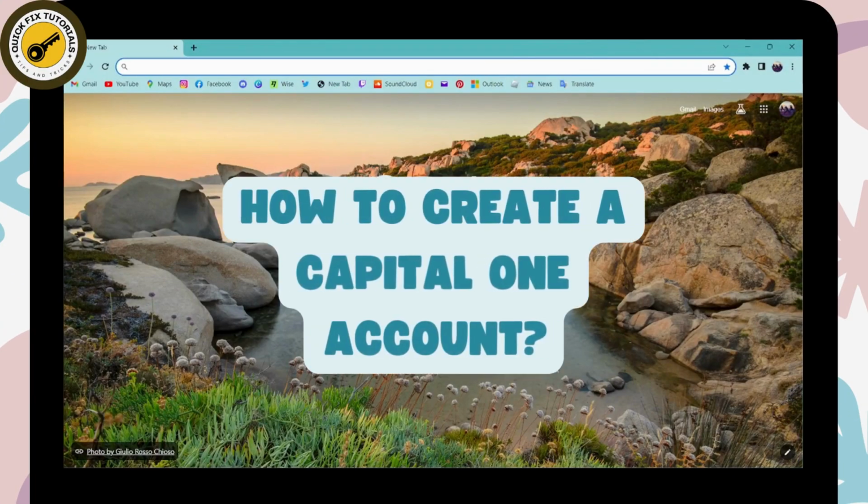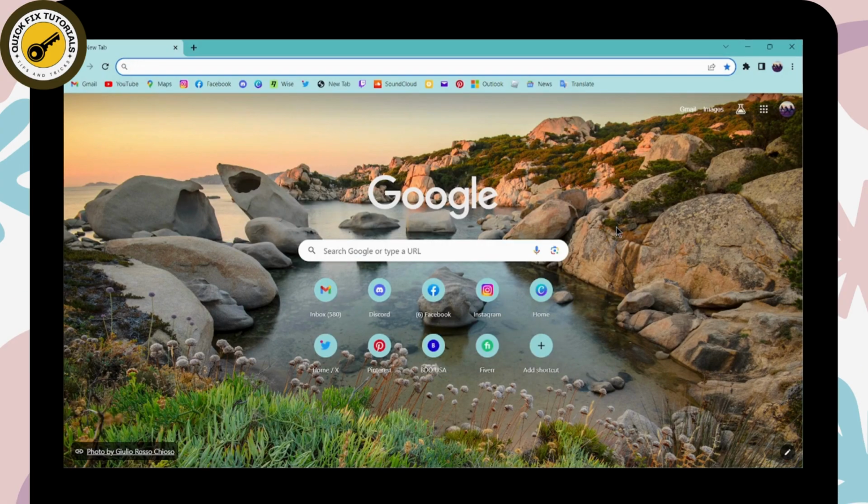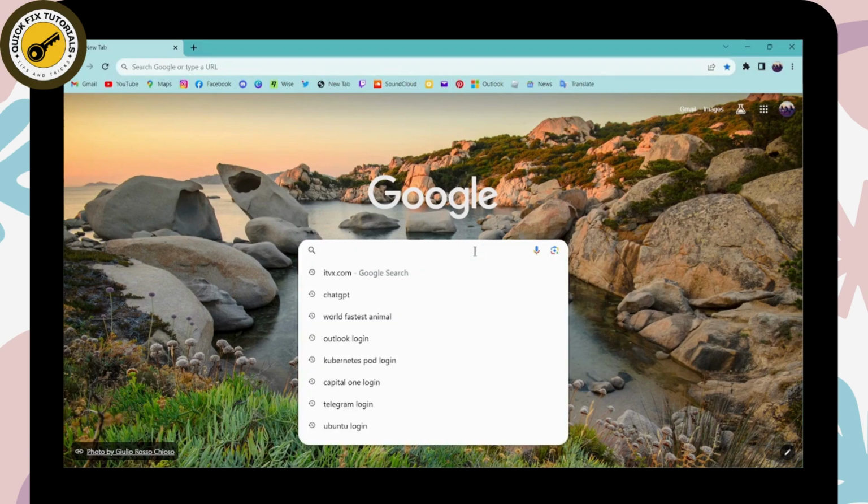How to create a Capital One account. So if you want to create a Capital One account, then first of all you need to open up a browser, any browser that you're comfortable with. So I'll be here with Chrome browser, and now you can simply go for the search bar and search for